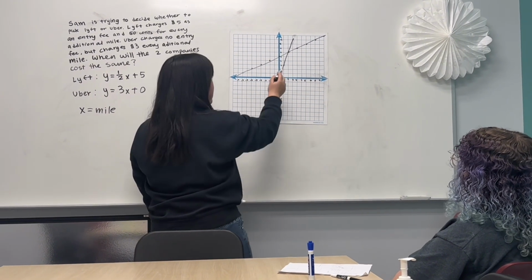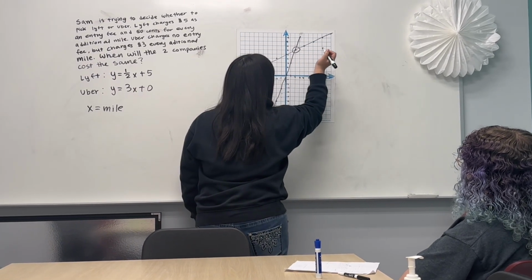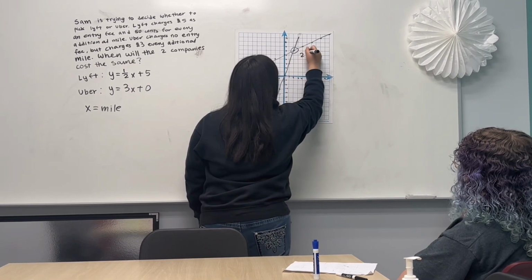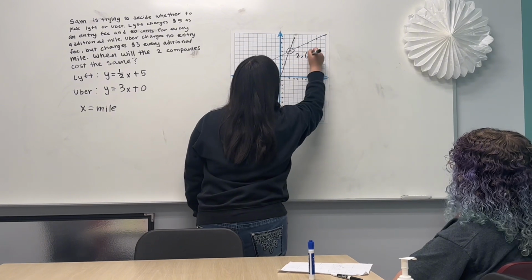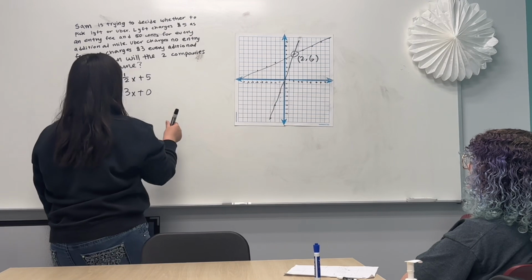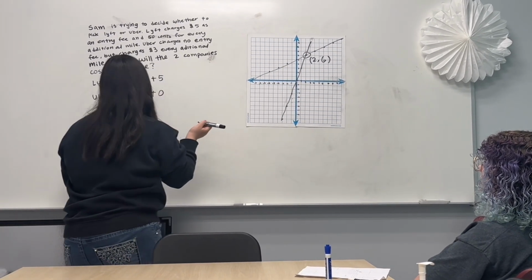We can see that it intersects right here, which is 2, 6. And since we're trying to find when the two companies will cost the same,